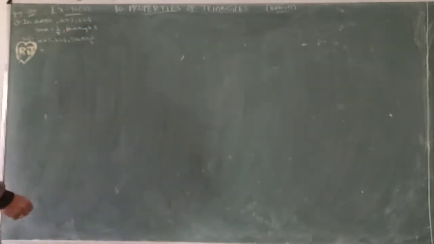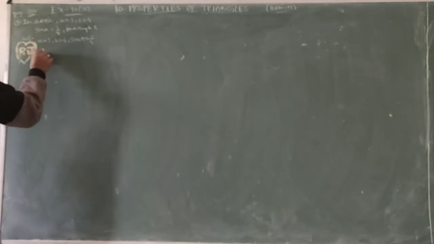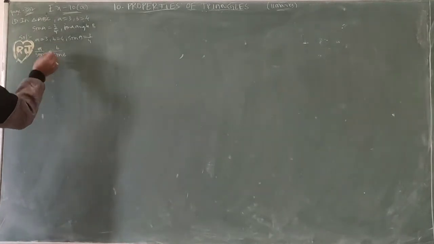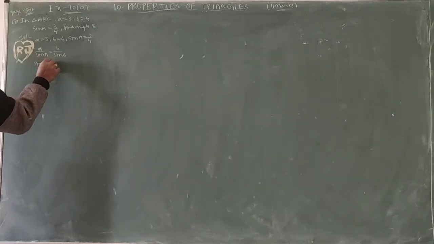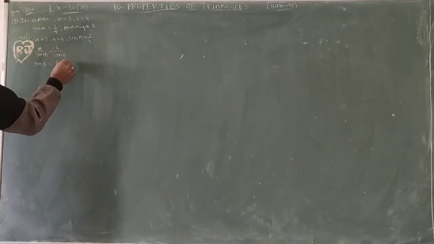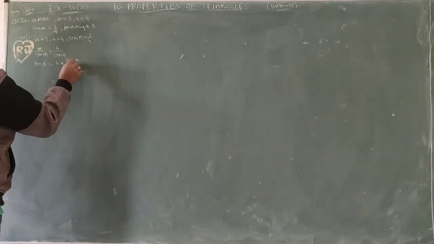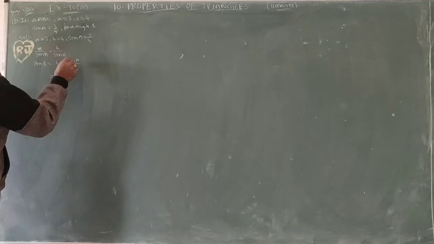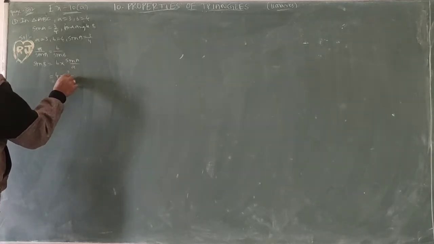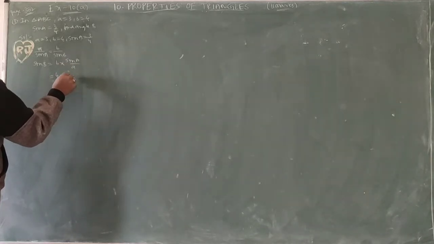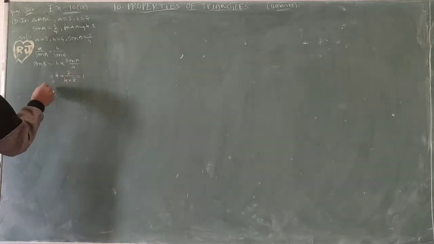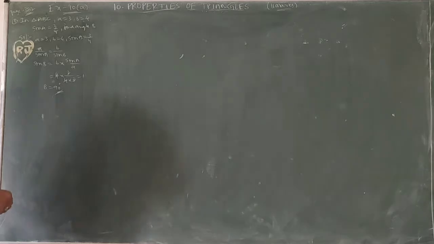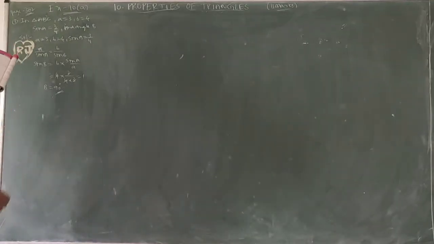So sine rule I want to apply. a by sin A equal to b by sin B. Cross multiplication: sin B equal to b into sin A by a. b is 4, sin A is 3 by 4, into a is 3. 3 cancels, 4 cancels, giving 1. Sin is 1 at 90 degrees. B equal to 90 degrees. Okay, next, second question.